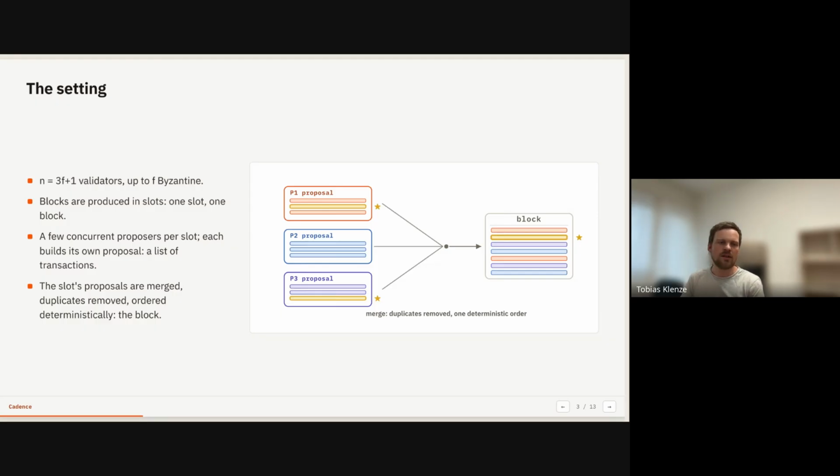There are some protocols out there that have every validator propose at every single moment, but that's not necessarily what we envision. We will most likely have a smaller set, maybe 5 or 10 or maybe 20 different concurrent proposers, and they each make a proposal consisting of a list of transactions. And then once we have run this through consensus and we know which proposals to include, then we can simply merge those transactions. We remove duplicates and we order them according to some deterministic rule, which then gives us the